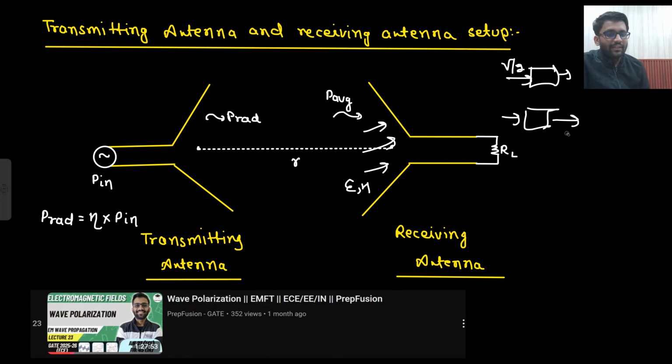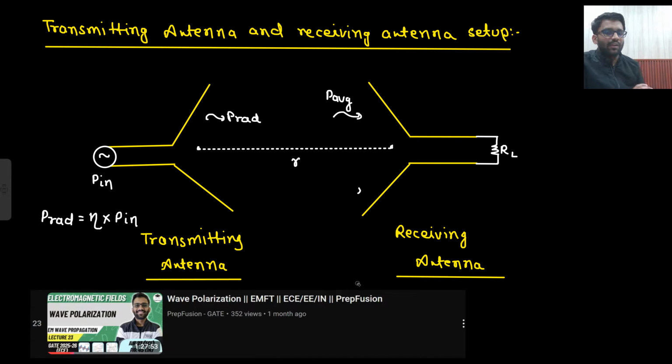So till now we have seen that there will be losses in the antenna. Now a few more losses and a few more terms will come into action. Till now we have studied that if this is P in, then here we get P radiated, and at a distance of R from the transmitting antenna, I can write down my P average. And what is that P average? That P average is P radiated upon 4 pi R square